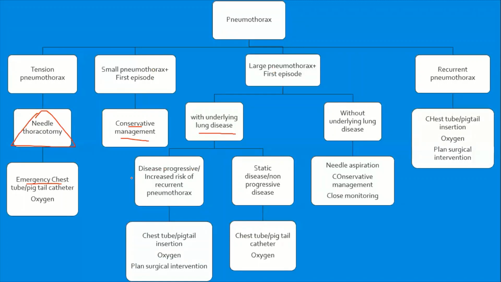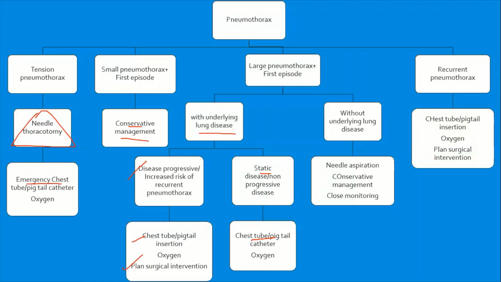One child has a progressive disorder where there is increased risk of recurrent pneumothorax. In that case, you will put a chest tube, manage this current pneumothorax, but you will plan for a surgical intervention to prevent recurrent pneumothorax. But say this child has a static disease like Klebsiella pneumonia, a pneumatocele which has ruptured, and this child has gone on to have a pneumothorax. Then you will just put in a chest tube, give oxygen, give supportive care, and wait for this pneumothorax to resolve. You will not plan for a surgical intervention in this child if the pneumothorax resolves. Unresolving, complicated, that is a different case scenario.